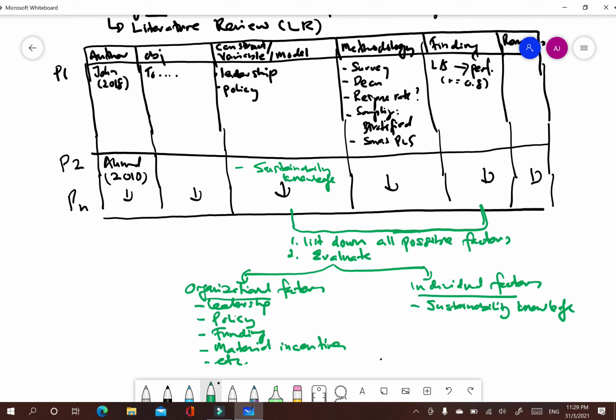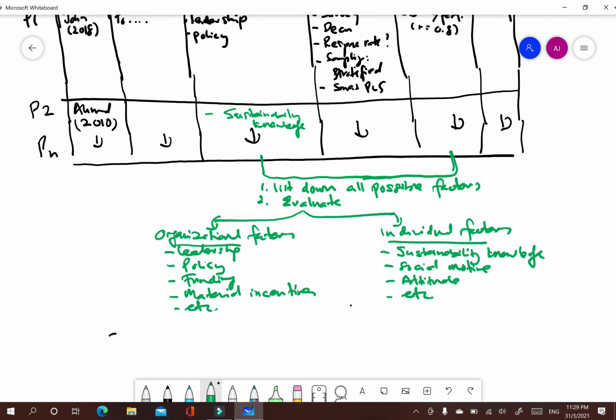Okay, maybe social motive, for example. So you just take it out from this table. Maybe attitude, for example. So all possible factors. Okay, next from this you have to decide.